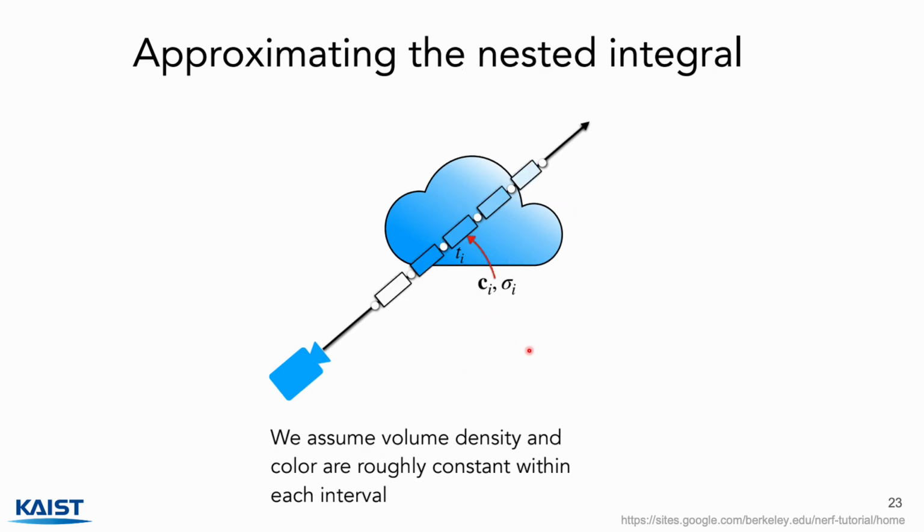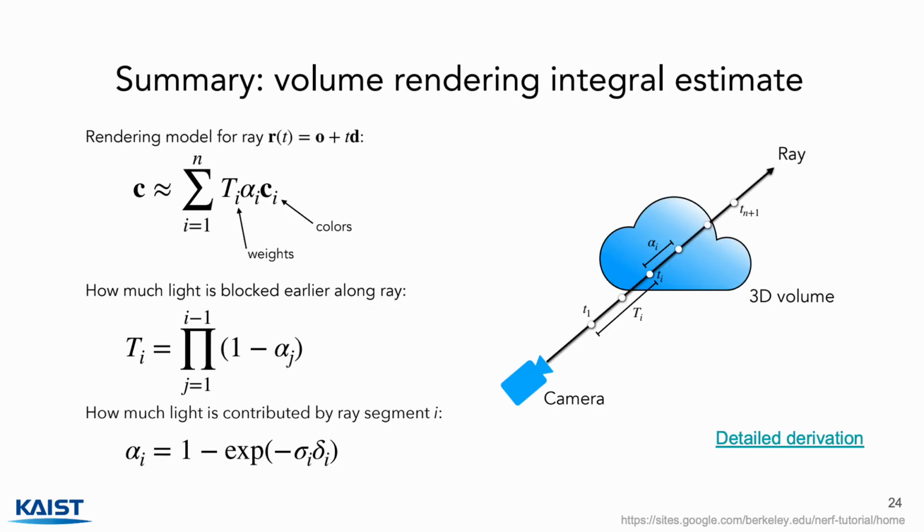And we also assume that the volume density and the color for each interval is constant to make the computation more efficient and more attractive. And through the mathematical derivation, quadrature estimation gives this full summary of the values like this here. Actually, we skipped some mathematical parts, and if you want to take a look at those, go to this detailed derivation link, and you can check the full derivation of how we can get the